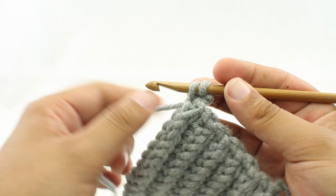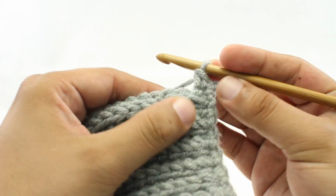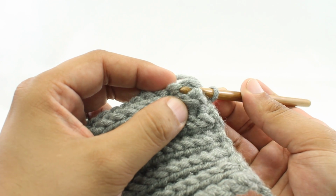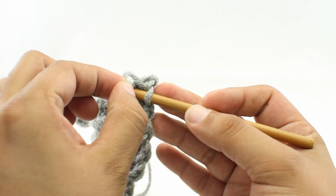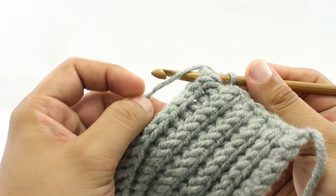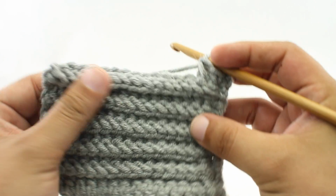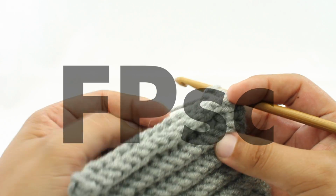And then for step 4, we'll yarn over and draw through the 2 loops on our hook. So let me show you how we do this again. We're going to go into the gap on one side and then through the gap on the other side of this post. Now the post here is in the front of our fabric. Okay. We yarn over and draw through, and then we'll yarn over and draw through the 2 loops on our hook. Now when you encounter this in your patterns, this will be abbreviated FPsc,